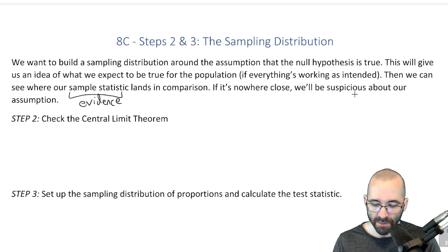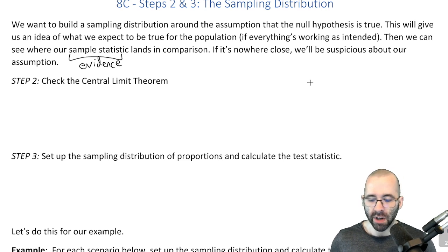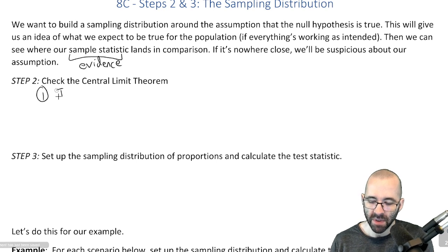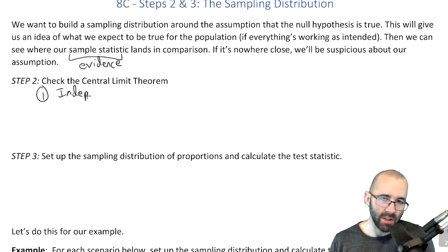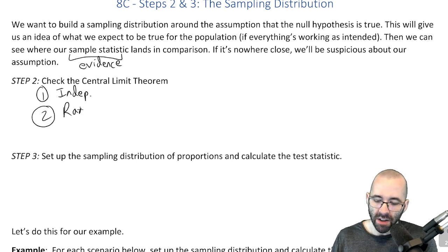So kind of similar. So in order to even use a sampling distribution, remember, we have to make sure the central limit theorem is satisfied. So we're going to be checking the central limit theorem, which is a little tedious, but there it is. Remember, I don't know what order I gave you these, but the order doesn't matter. Each value, each thing needs to be independent. So each of our coin tosses were independent. Each value needs to be